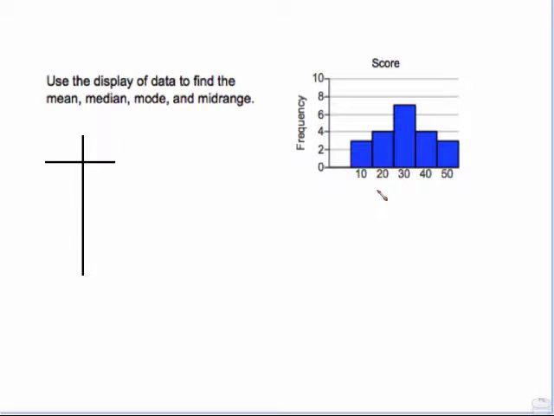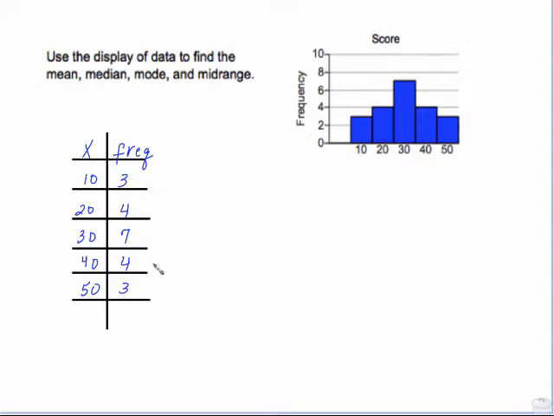All right, this next problem is asking me to find the mean, median, mode, and mid-range from this histogram. Now, my suggestion is that you take the time to write down what the entries are. In other words, 10 has a frequency of 3. 20 has a frequency of 4, etc., which I'll show you on the next screen with the completed chart. So these are the numbers along the bottom. These are the numbers that correlate to the frequencies here. I just think it's easier if you have the chart in front of you than trying to do everything off